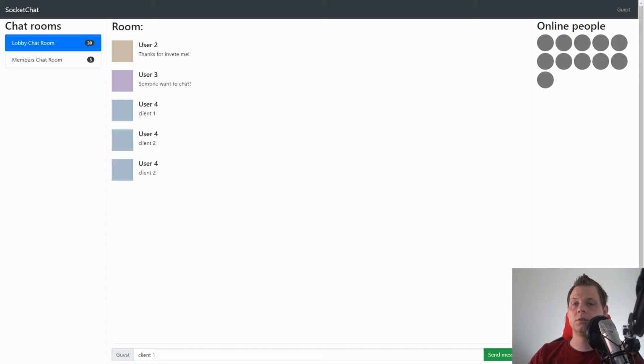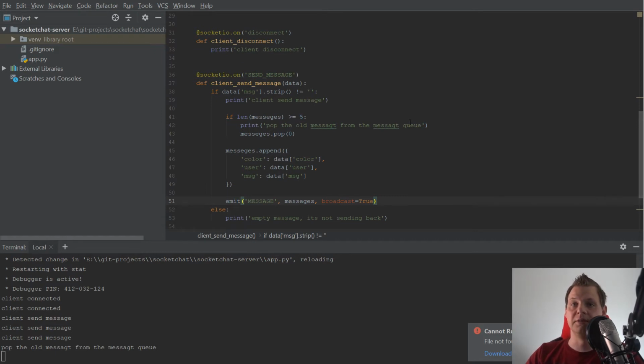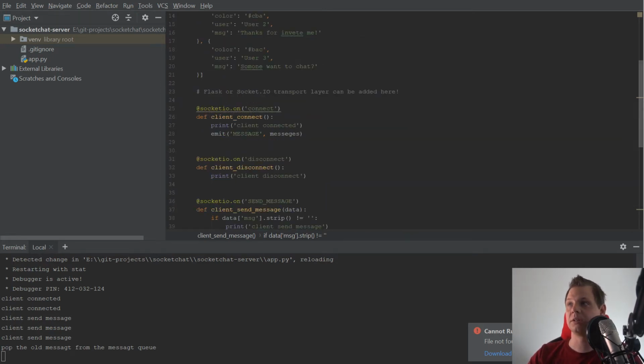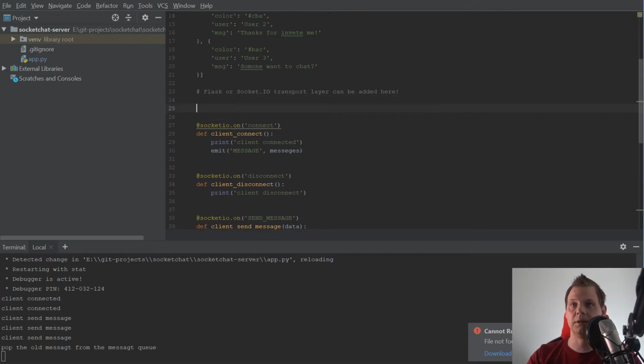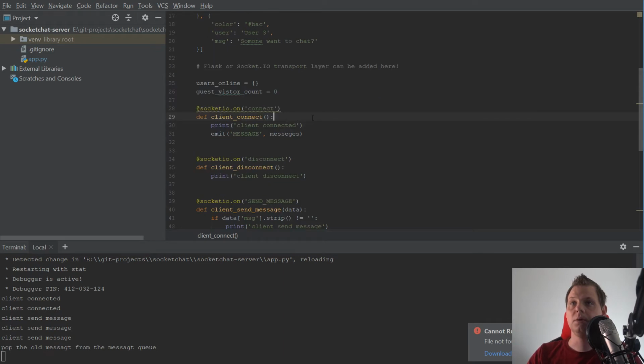So far so good. The next thing we want to introduce in this video is how you can record the socket session ID when you connect and when you disconnect. It's very important when you need to build a user list. So let's build up here a users online dictionary, and then I want a guest visitor count that should be equal to 0. When we connect,